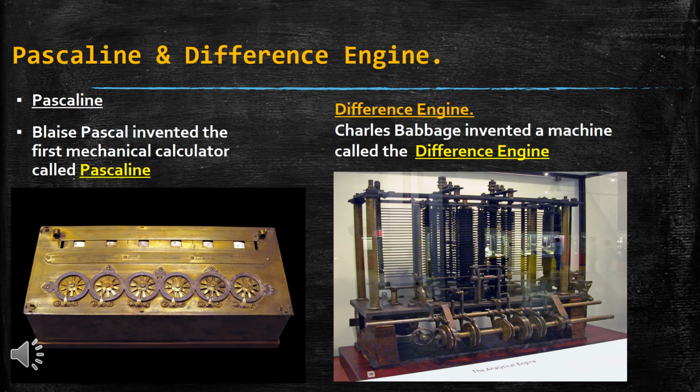The next one is the difference engine. Charles Babbage invented a machine called the difference engine. We all know Charles Babbage is the inventor of the computer. He is also known as the father of the computer. First he invented the difference engine, and later on it went on progressing into the modern day computer which we use. But this engine was very old and it would take time. Now computers are very fast since they have modern technology, but this was the first machine made by Sir Charles Babbage.